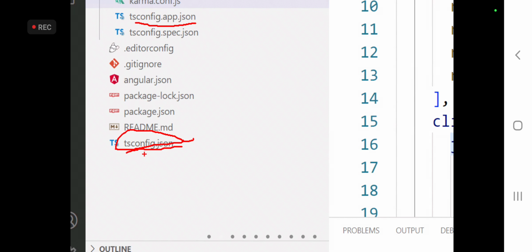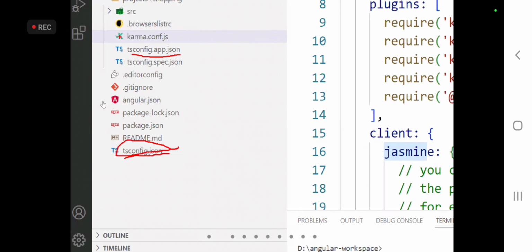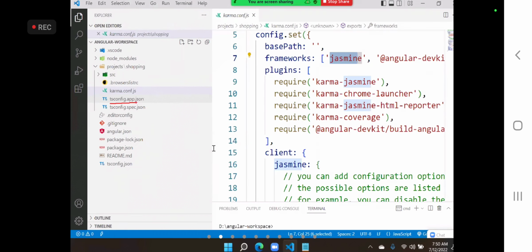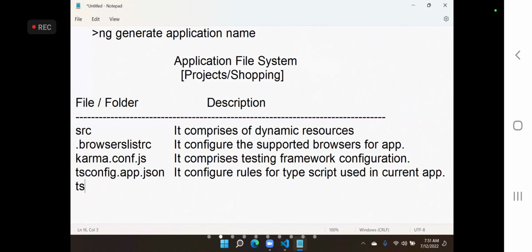But sometimes some applications have different TypeScript rules. Such things you can define inside tsconfig.app.json. So, another option you can see is